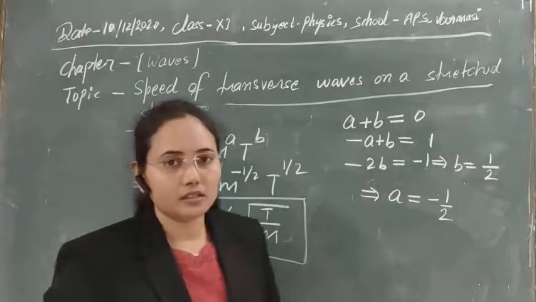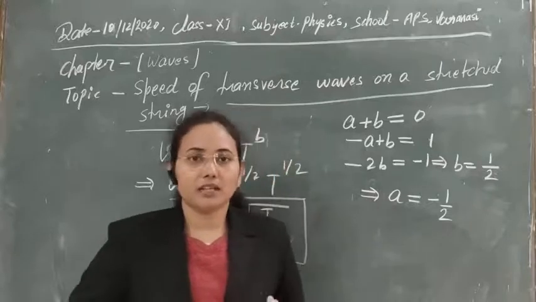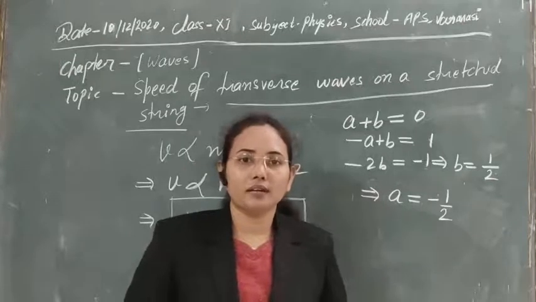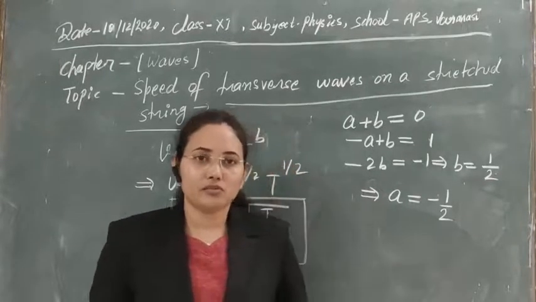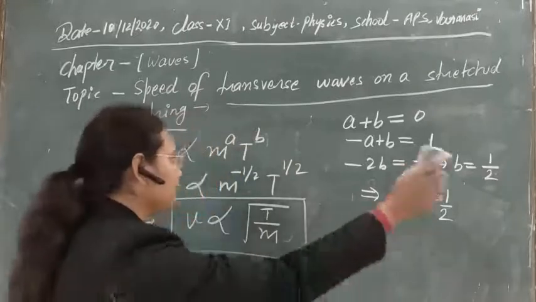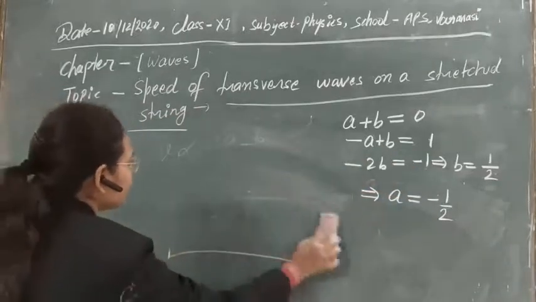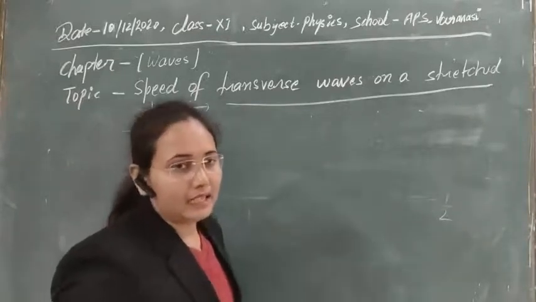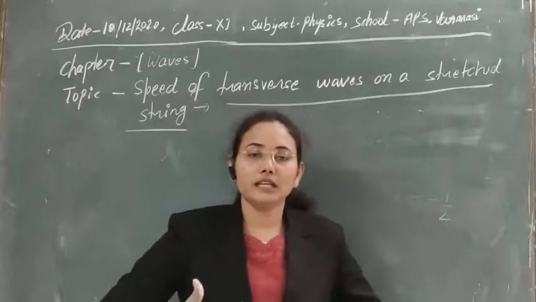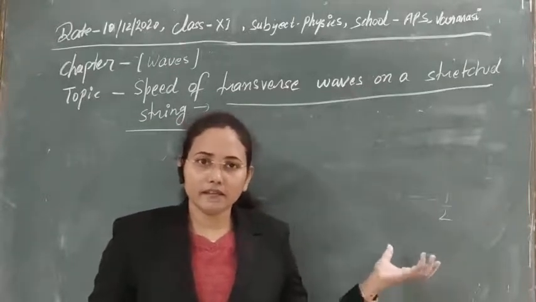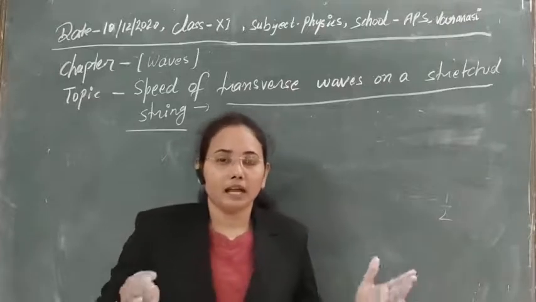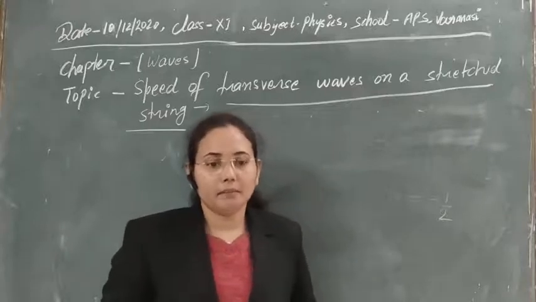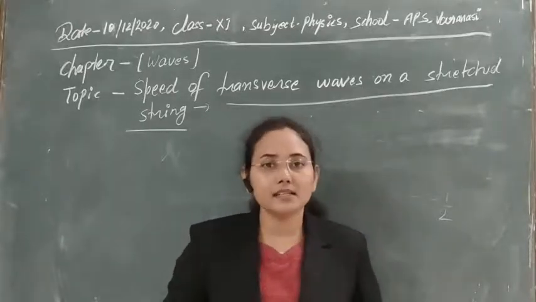So I think the concept of the transverse wave that is produced on any stressed spring is clear. In the same manner you can also calculate what will be the speed of a transverse wave that is produced in any solid. In case of a solid, this speed is dependent on its modulus of rigidity. Every solid has the elastic property, and that elastic property is defined by its modulus of rigidity for its shape. And the secondary factor is the density of the material.